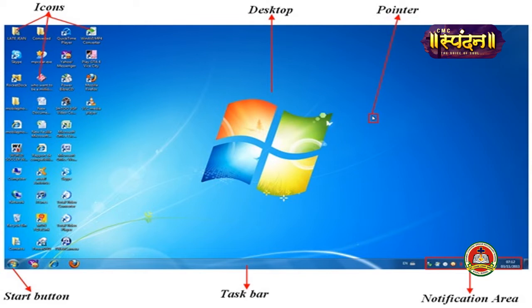Notification area will show you if any pen drive is connected, what is the volume you have kept, what date it's showing, what is the time, and if you are using a laptop, it will show you the charge of a battery also, how much your laptop is charged. So these three parts will show different things. Start button will open start menu. Middle section will show you all the programs which are open, and notification area will give you all the information like volume, battery charge, and date and time. So this is the taskbar. Now next topic we'll study, that is how we can shut down a computer.